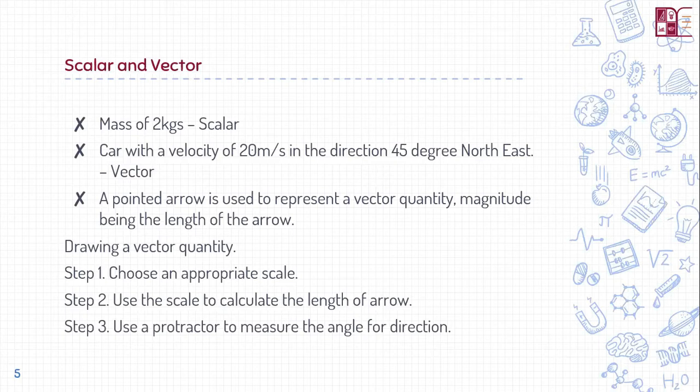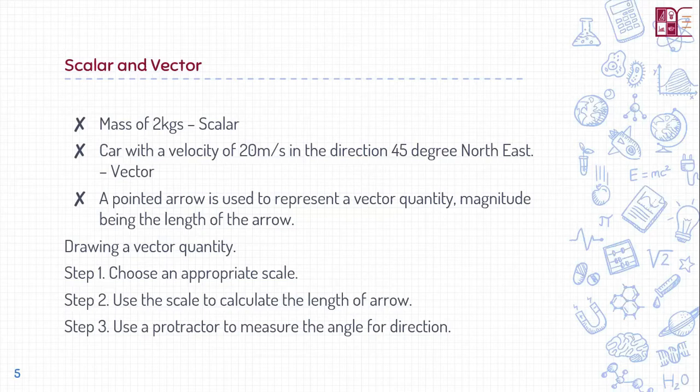Let's assume that we have a mass of 2 kg. Now, this is the only information that is being given to you. So there's a body that has a mass of 2 kg. They're not saying that a weight is acting in a certain direction or that any other 2 kg force is being applied somewhere. They're just saying that it is a mass of 2 kg. There is no information of direction whatsoever given to this phrase, which is why a mass of 2 kg is just regarded as a scalar